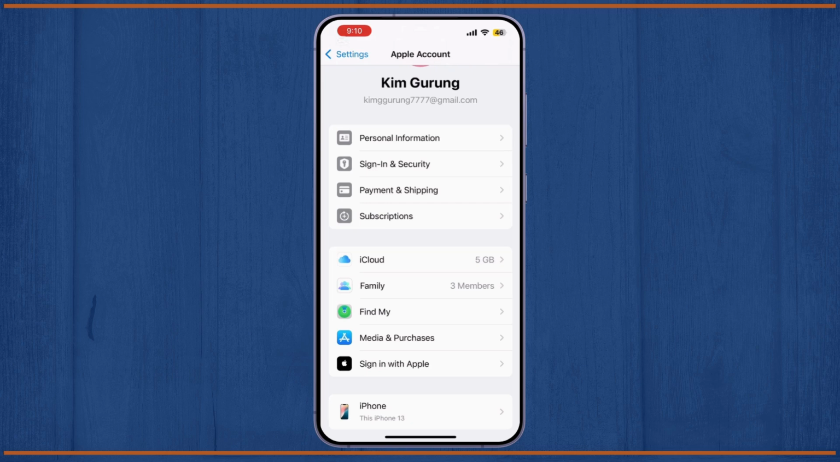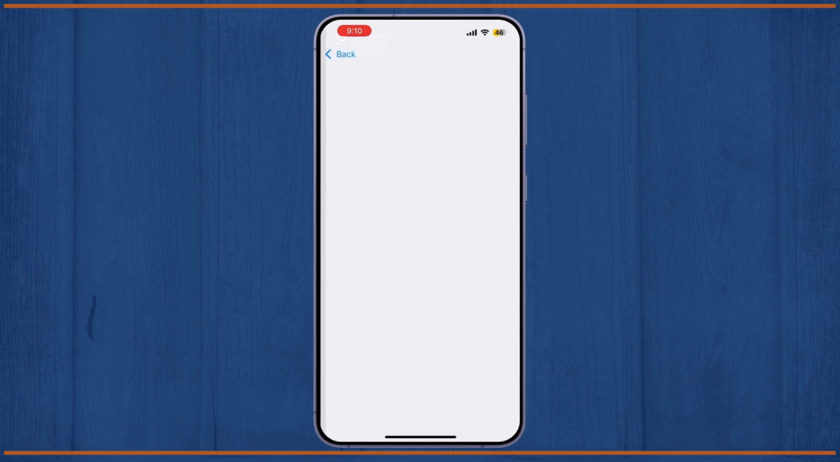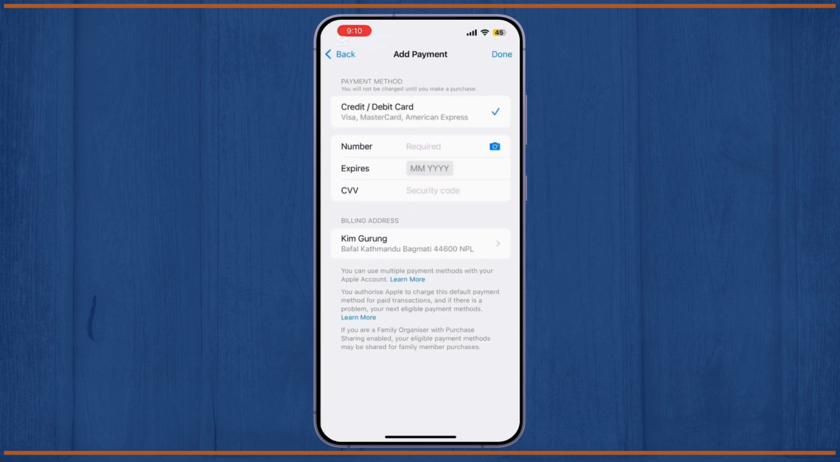Often, this error can appear if there's an issue with the payment method. Just go to Payment and Shipping and review your payment method and make sure it's up to date and valid. If necessary, update your payment information or add a new card. If your card has expired or there's an issue with the billing address, updating these details will usually fix the